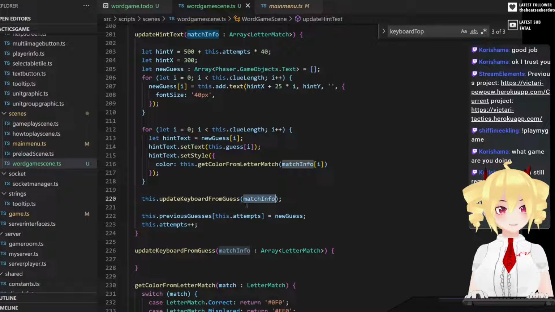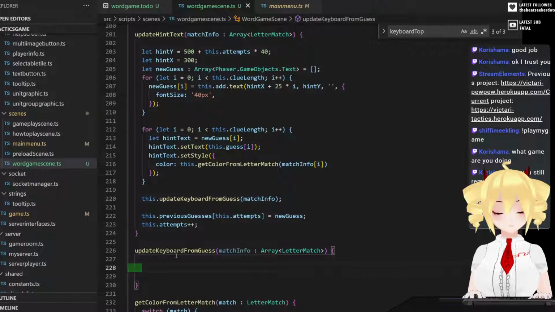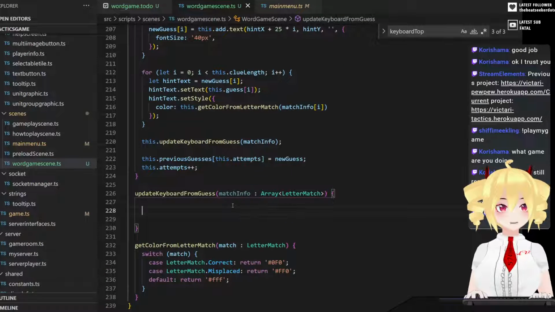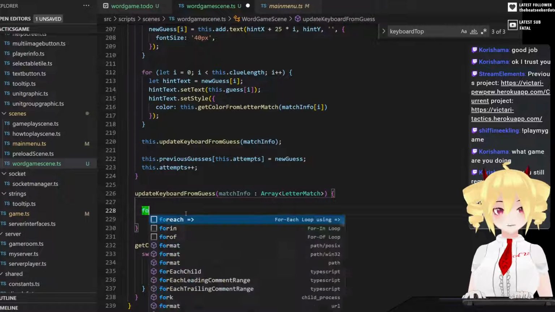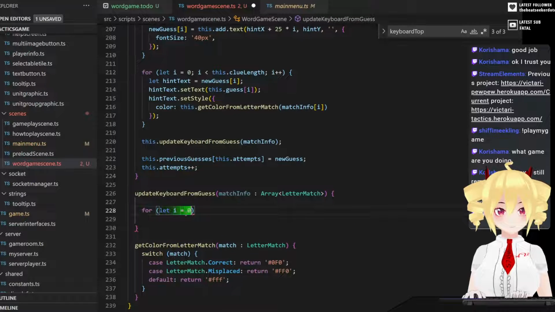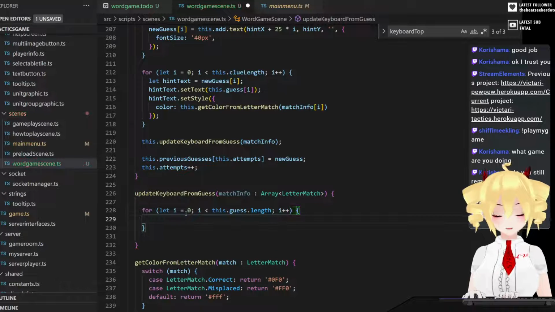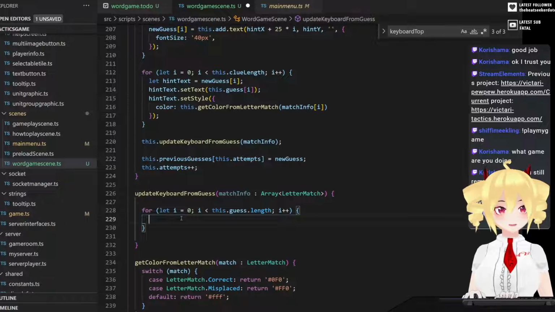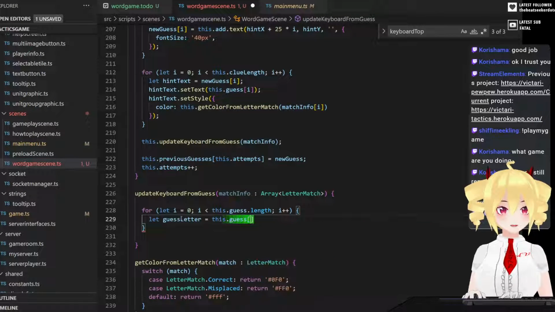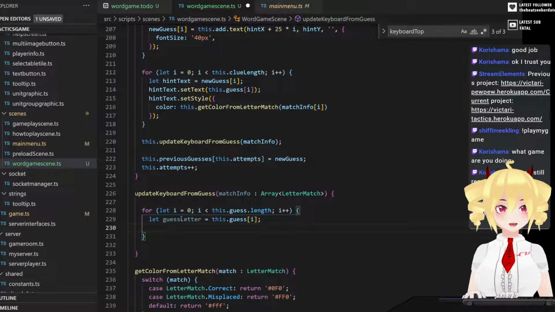Alright, and we'll pass in that match info, and then what we'll do is we'll iterate through the guess. And then we'll check the match info and update the keyboard as appropriate. So the letter we're looking at is that, and then